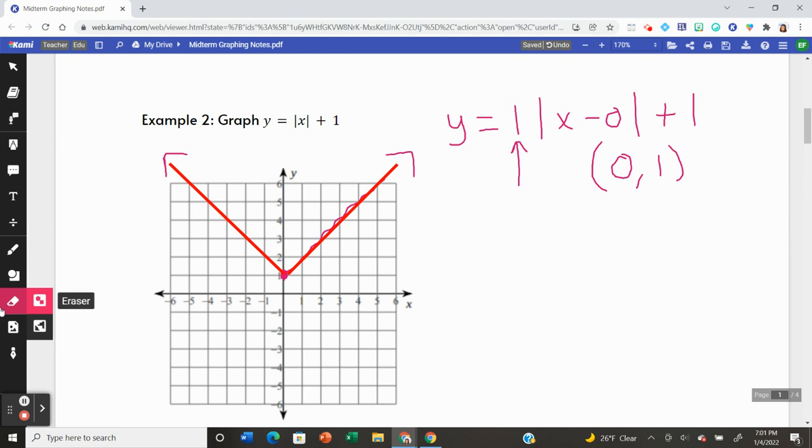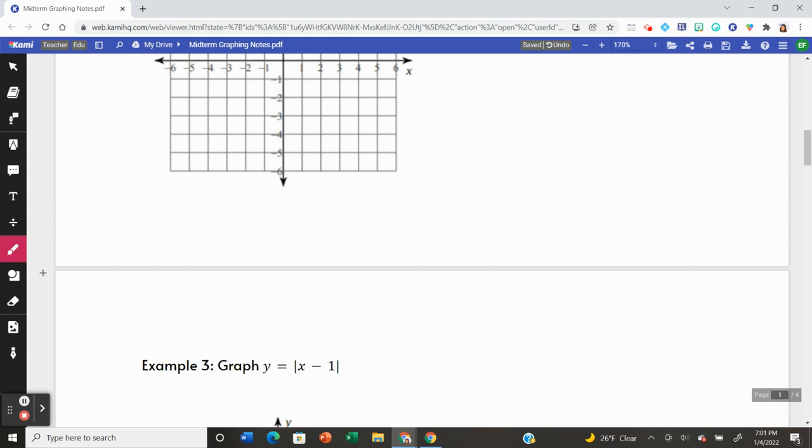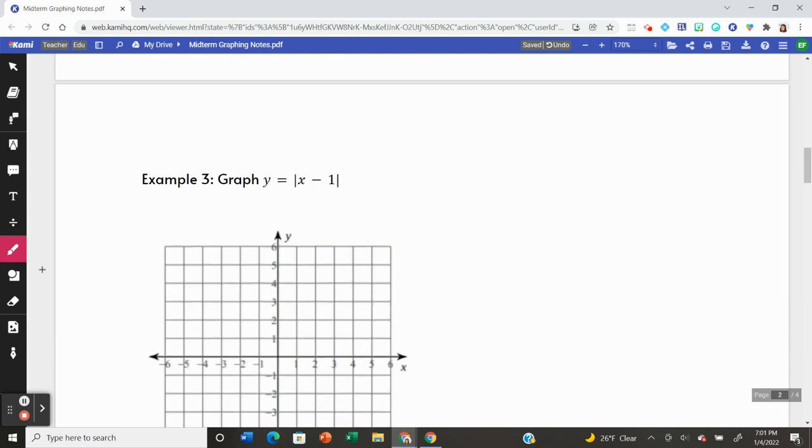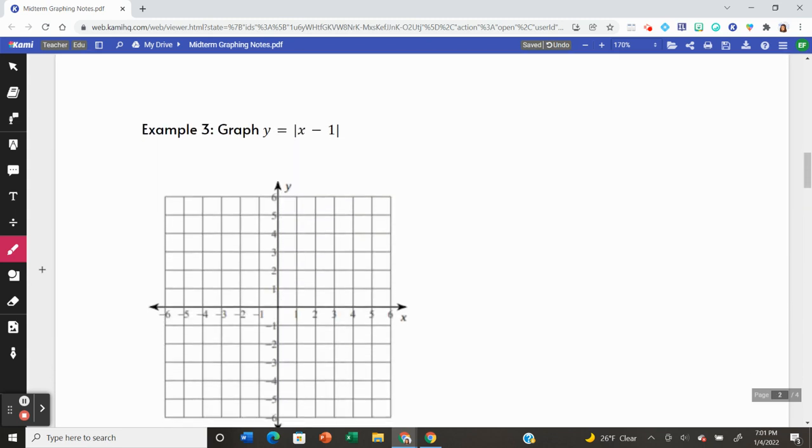So if you want to create the table of values, go right ahead, but it's definitely a lot easier just to realize where your H and your K are, and then use your A value to figure out your points from there. So if we keep going, think at this example here, the -1 that you see,